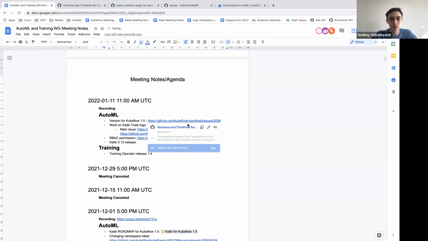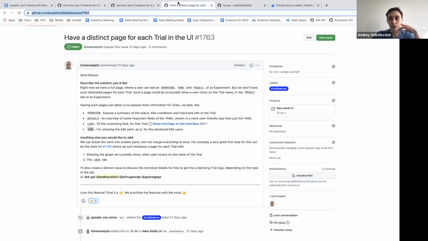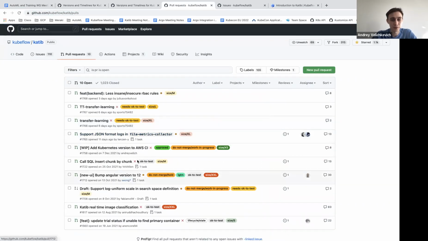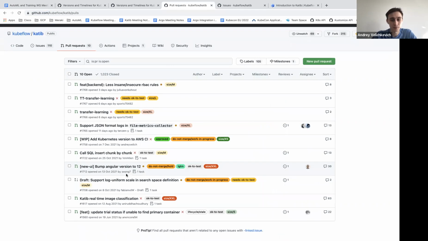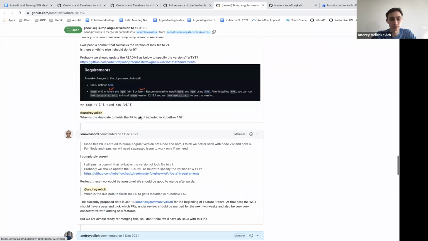Okay, so speaking about the release, are there any concerns about the release version for KDIP? What else do we want to finalize before making the first release candidate for KDIP? Are there any pending PRs? We don't have any blockers as such, right? Yeah. I think as I mentioned before, only this one because we want to update the Angular version. But overall, it is fine.